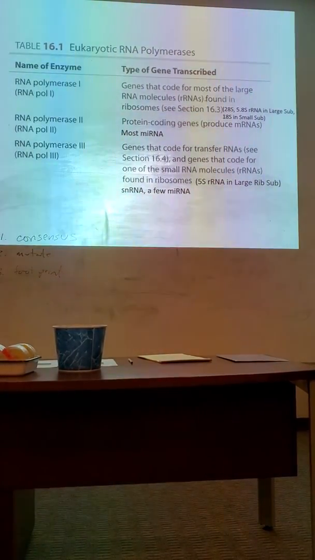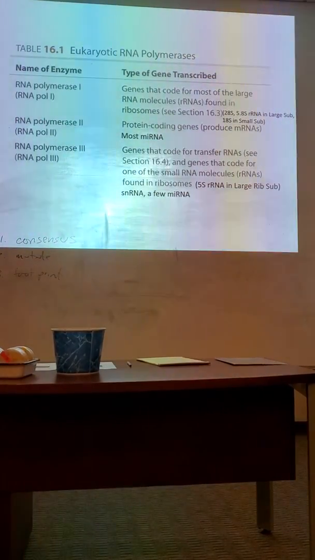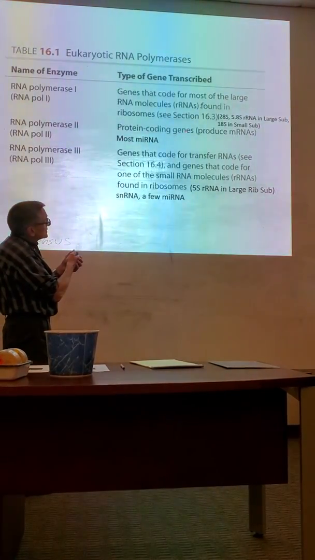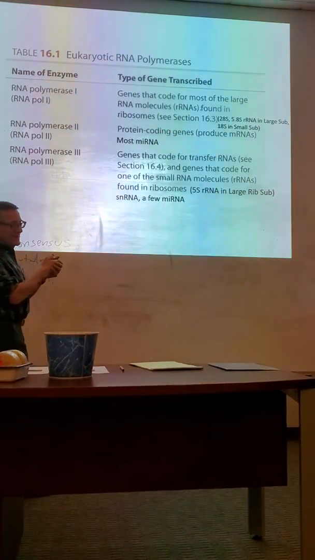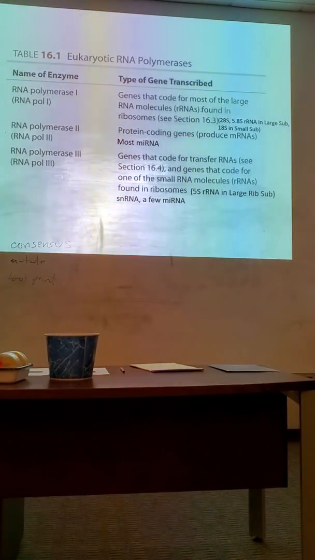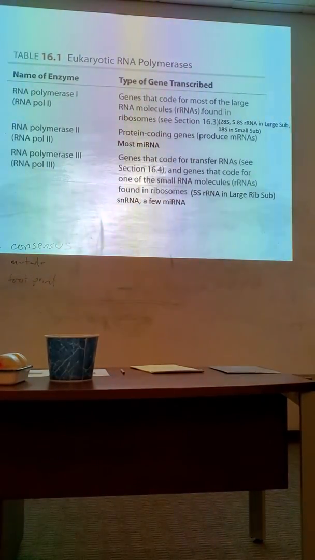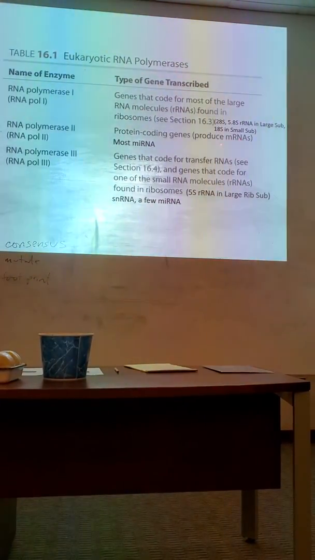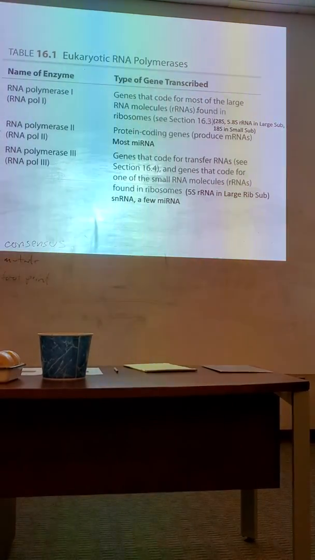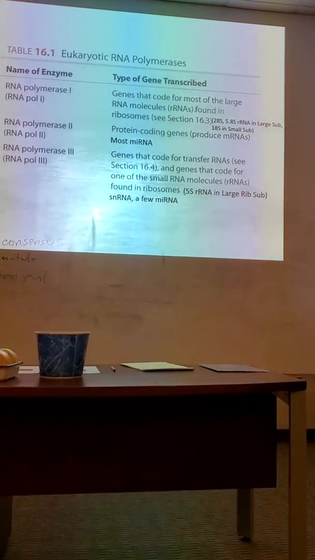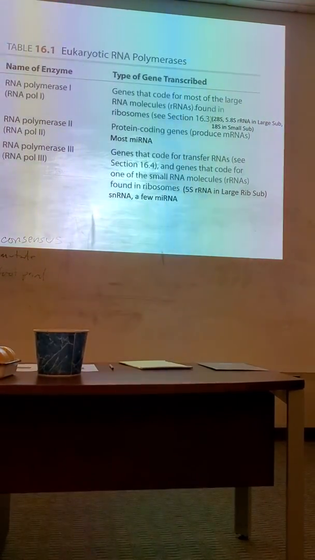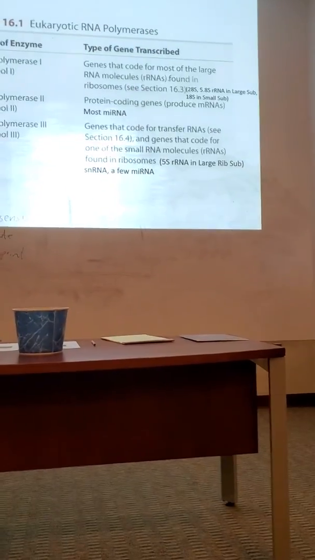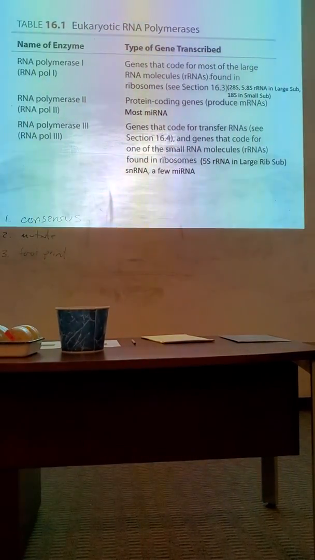But the star of the show is RNA polymerase 2. RNA polymerase 2 is the one that transcribes the genes that we think of as genes, the protein coding genes, where the final gene product is not the mRNA, but rather the protein product that is translated following the mRNA instructions. In fact, when we count genes, when you read that humans have 20,000 genes, we are only talking about the protein coding genes. We are completely ignoring the hundreds and thousands of genes that encode